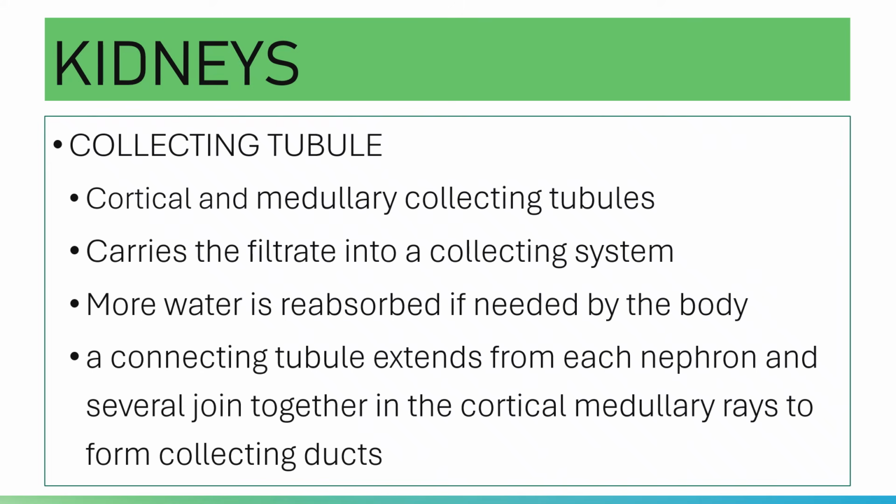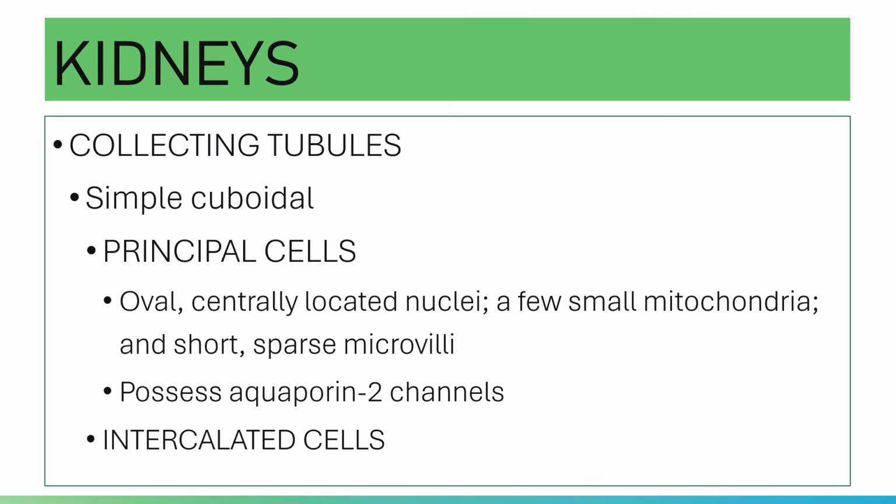Approaching the apex of the renal pyramid, several medullary collecting ducts merge again to form each papillary duct, or you call it your duct of Bellini, which will then deliver the urine directly into the minor calyx. And then the urine is delivered to your major calyx and then to your renal pelvis.